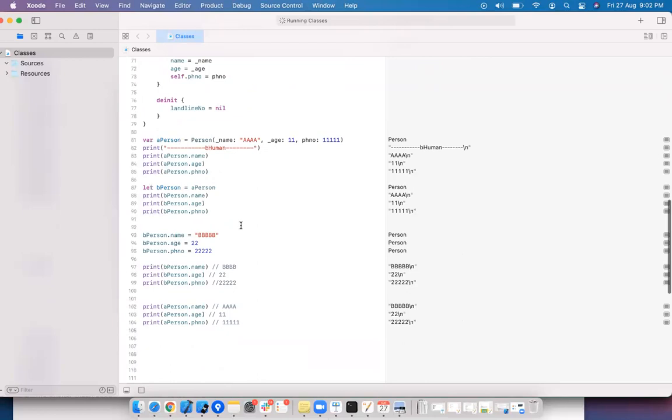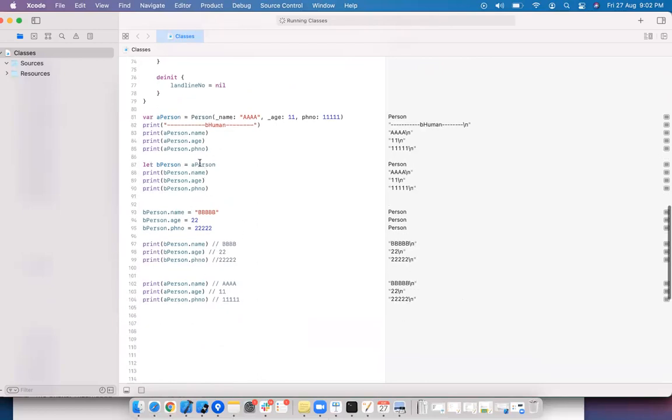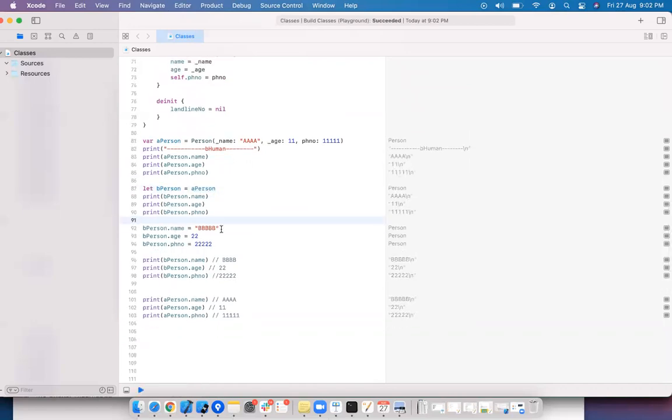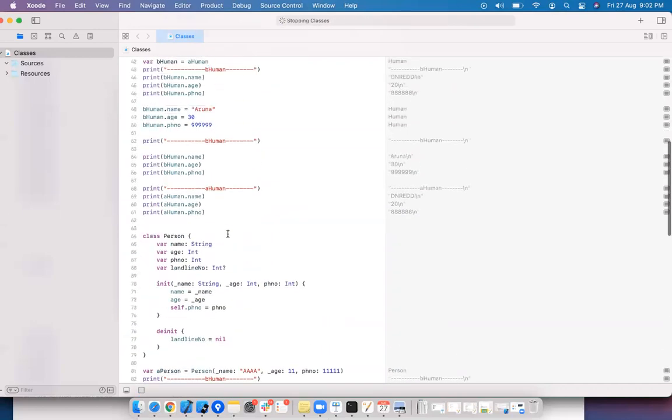Whenever you are assigning an address, this is the address we are assigning here. In case of classes, there won't be any copies. Only one object is there, but two owners or two people are referring to the same person. This is another difference. And the fifth difference is,